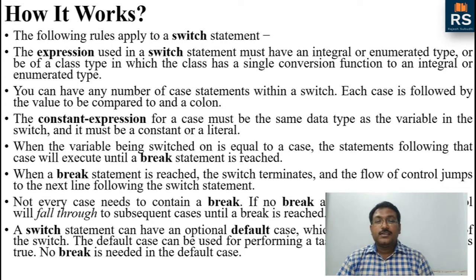As I told, the expression which is written in switch is an integer value or enum type. Enum is a special data type. So what is enum data type? The example is 0, 1, 2, 3, 4, 5, 6. You can increment like this. If I write enum a, the value of a will be incremented as 1, 2, 3, 4, 5, 6. So it's a constant integer value. Fine. So the expression written in switch should be an integer value or an enum data type.